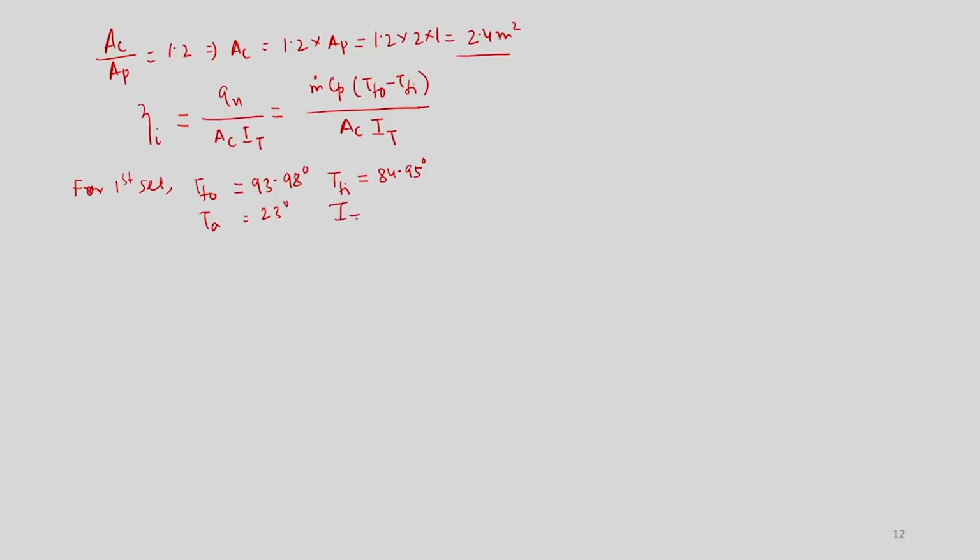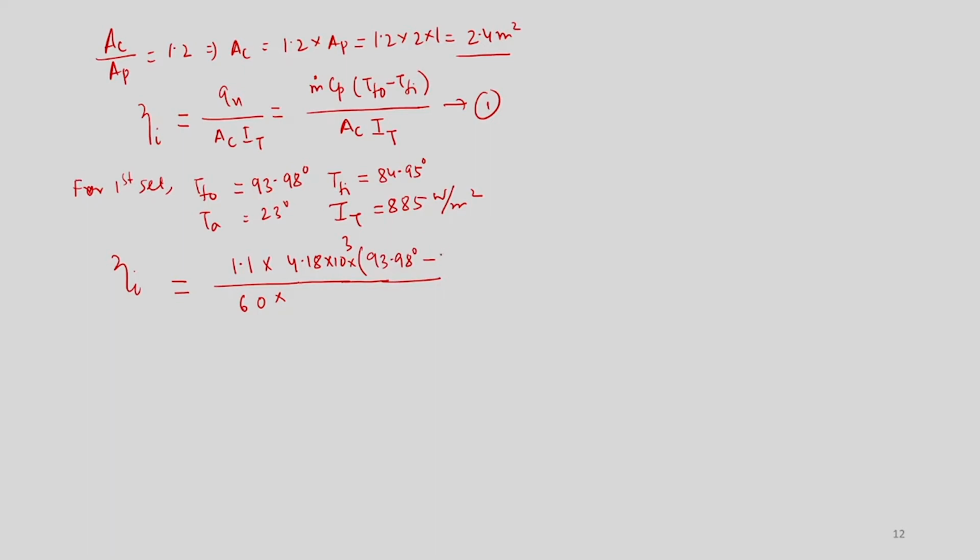So, it is equal to 885 watt per meter square. Okay. So, now using this expression, eta I can be calculated. So, m is how much? 1.1 minute. So, 1 divided by 60, it will be kg per second. Then Cp value is 4.18 into 10 cube, which will be 4.18 kilojoule. So, we have converted to joule, and what is the temperature difference is 93.98 degree